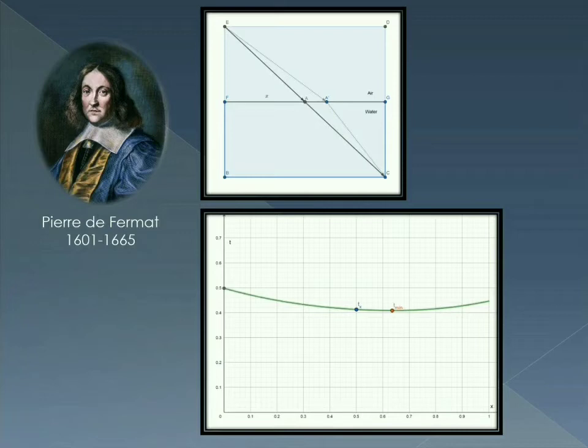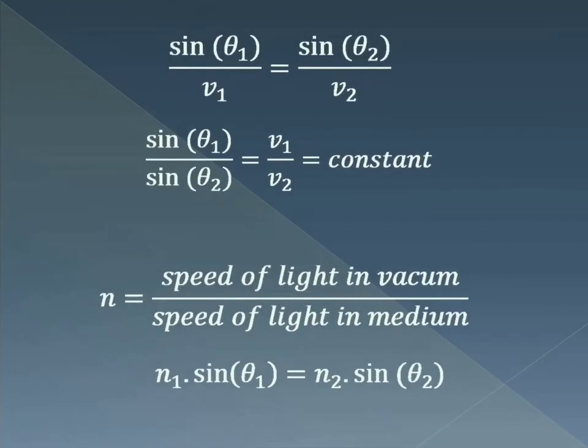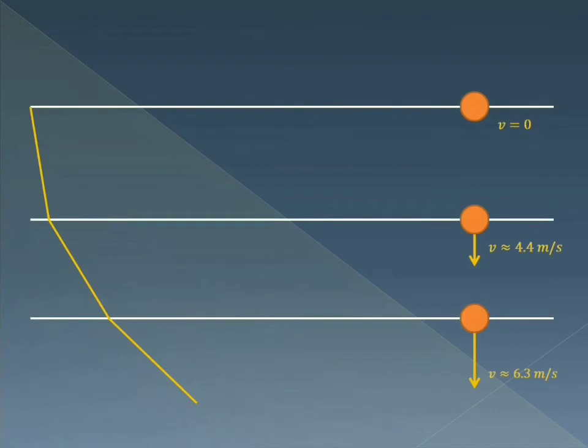If you minimize the slow path, now the total path is long, so we must balance it. When the time function equals its minimum value, the ratio of the angles' sines equals the speed of light in the first medium divided by the speed of light in the second medium. This is the constant. Generally, you can see Snell's law like this.